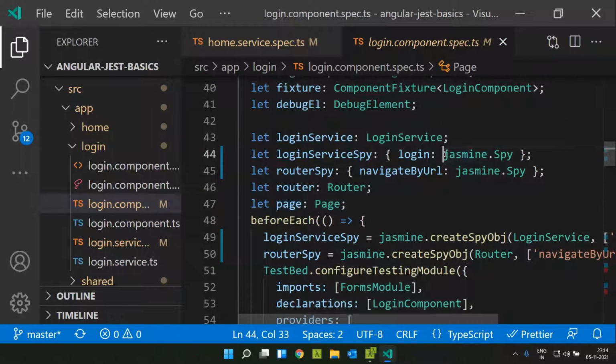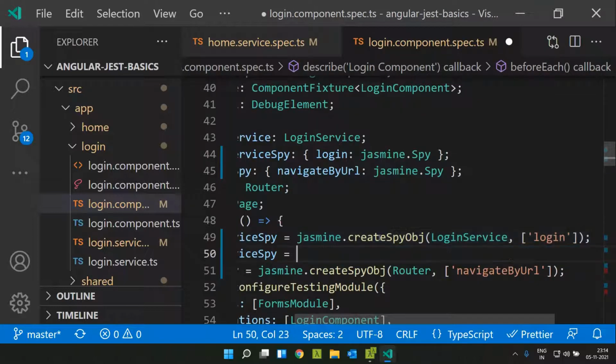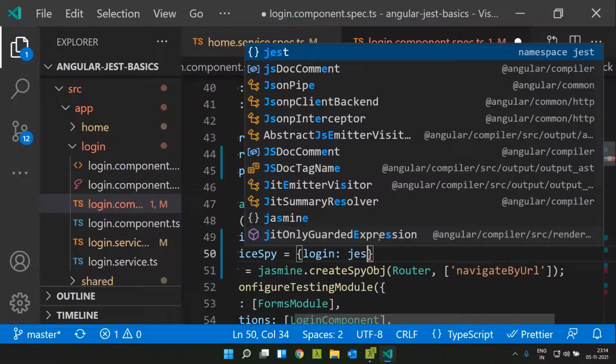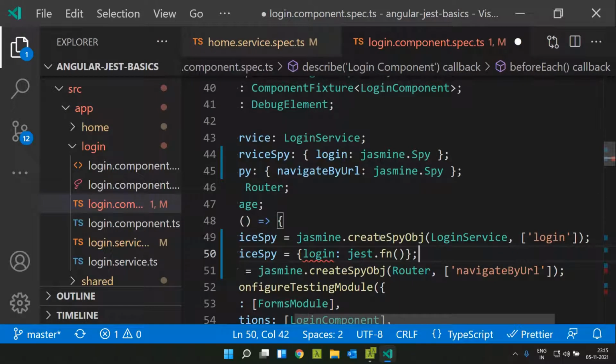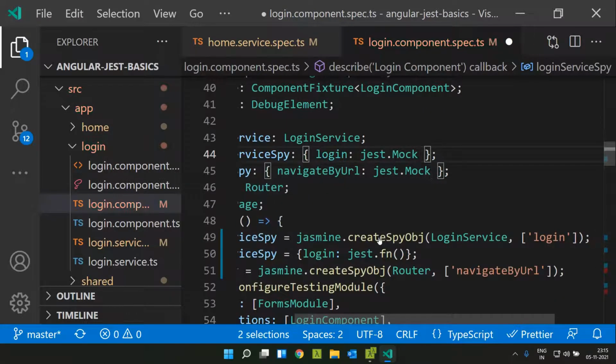But again, we have the Jasmine spy here, so we need to replace that with the jest.fn. So here we are mocking the login method, so we can just replace it with jest.fn, and the type we can change to jest.Mock.